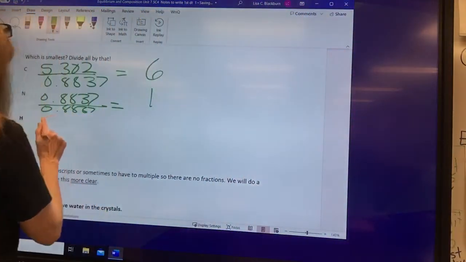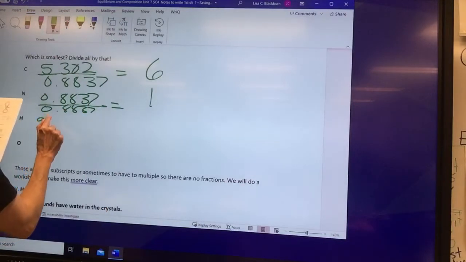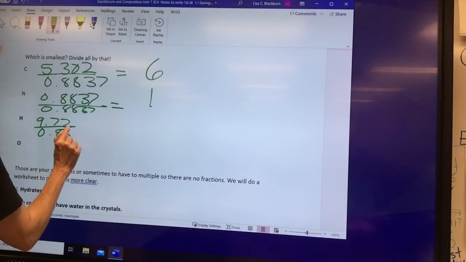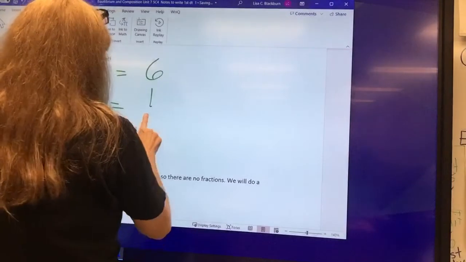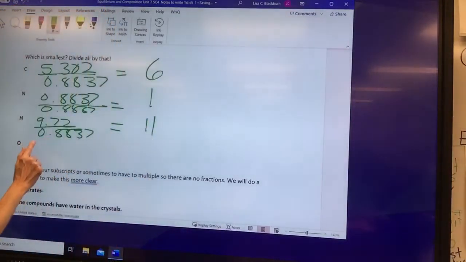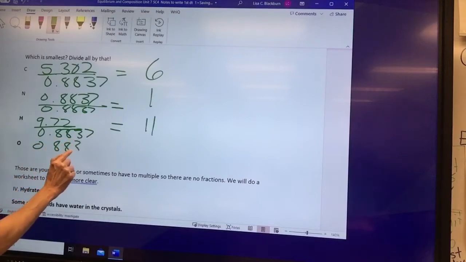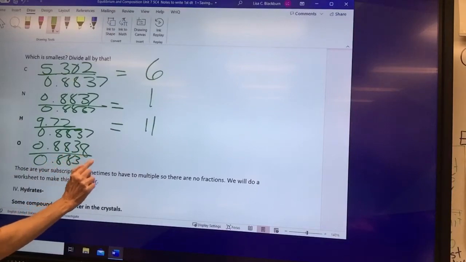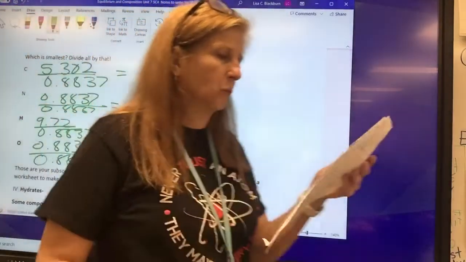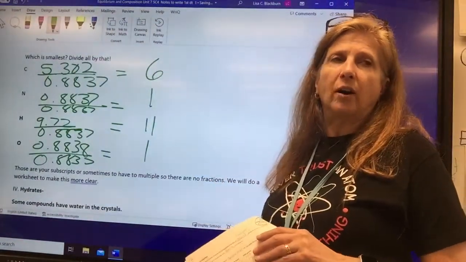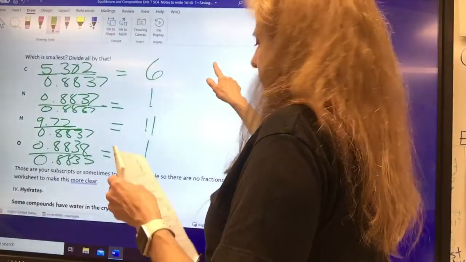And then hydrogen is 9.72 divided by 0.8837, and that one is 11. And then our last one, oxygen, 0.8838 divided by 0.8837 rounds off to 1. These numbers are our subscripts for our empirical formula. So the answer is